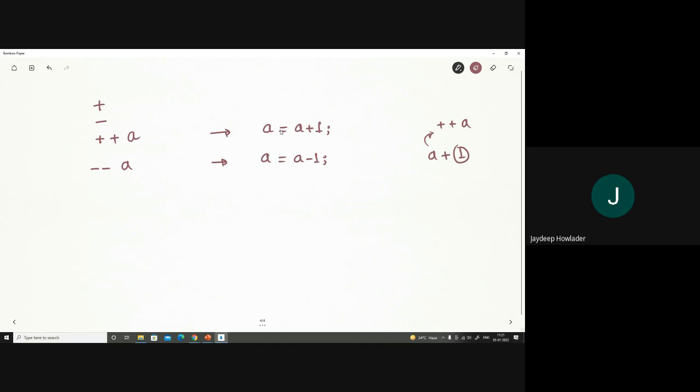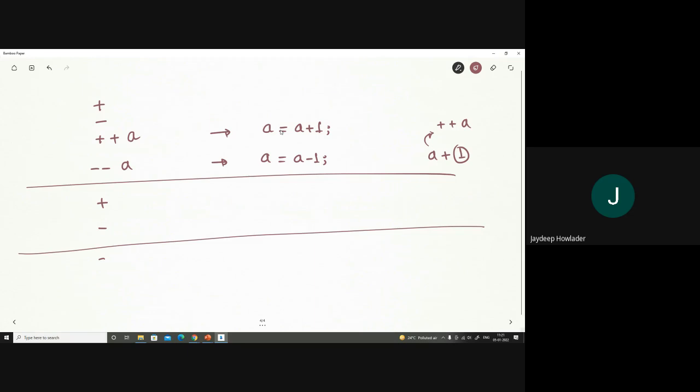Then there are binary operations. Binary operations are, say, addition, subtraction, etc. And then we have a trinary operation. There is a single trinary operation in C language, which looks something like this.